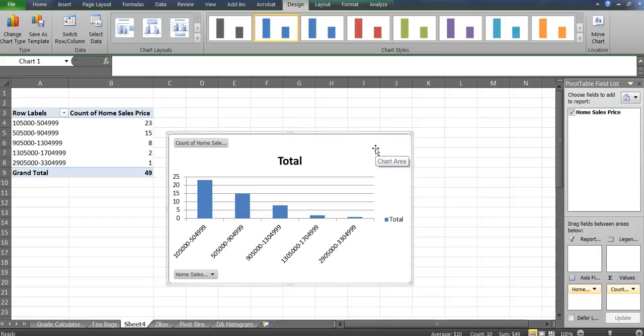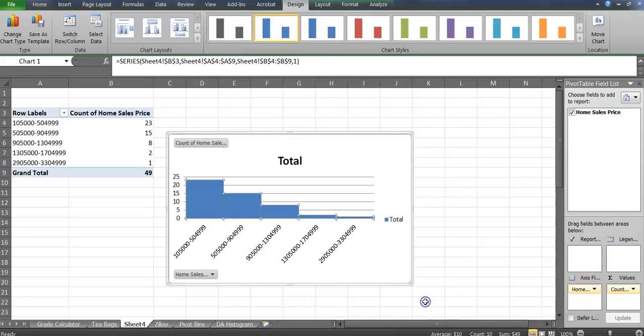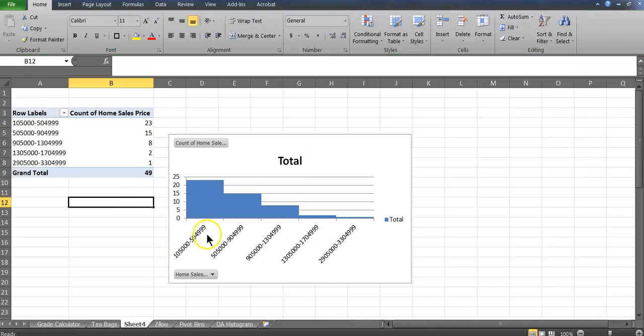By definition a histogram, and I don't know why Excel does this, the bars are fat. So if you double click the bar and go to gap width and make this 0 and close, there's our histogram. Here then you can change the title and the like. And what's nice about using the pivot table or pivot chart methodology, it gives you the range. And I honestly think all histograms should be based on a range, because the other way to do this